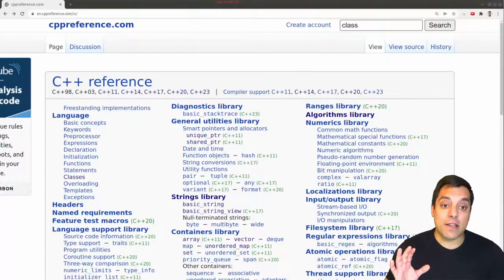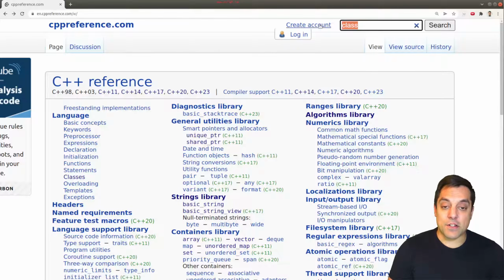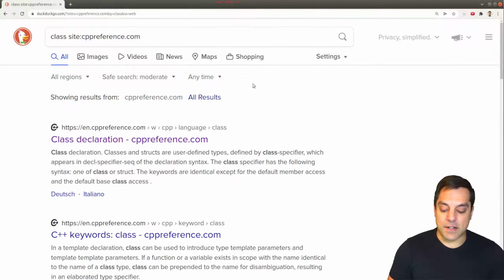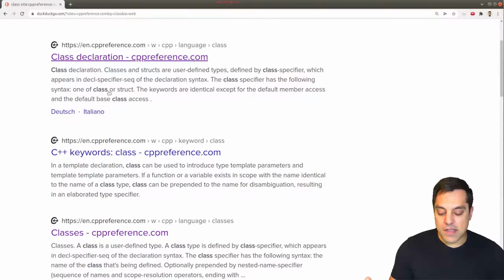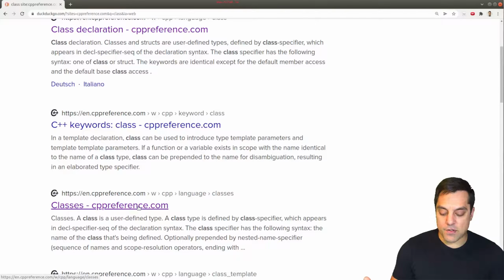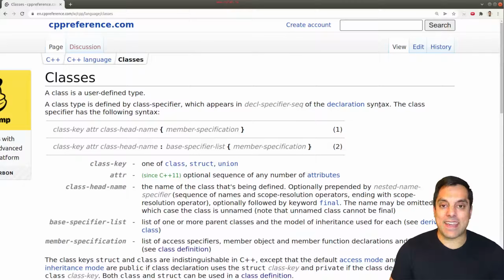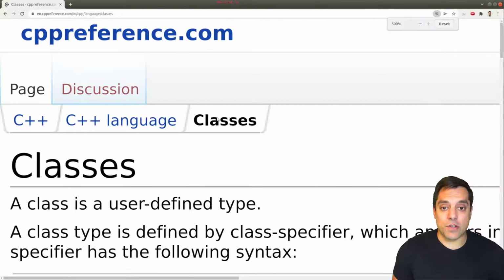So where I want to go ahead and start us off is, again, just from one of my favorite C++ websites, Cpp reference, and in the search box, just searching for a class here. And let's go ahead and just get a little bit oriented here with what a class is. And you'll see that there's a bunch of different help pages here. I'm just going to go to classes down here, and this will provide a high-level overview of what a class